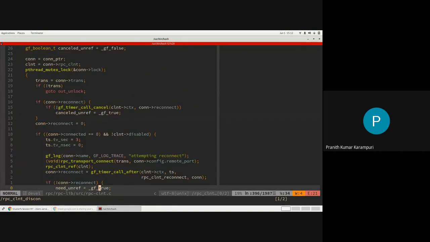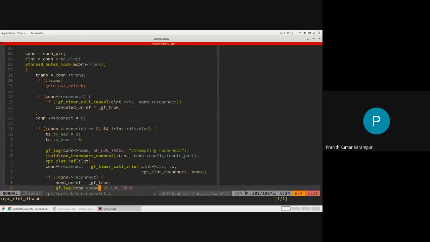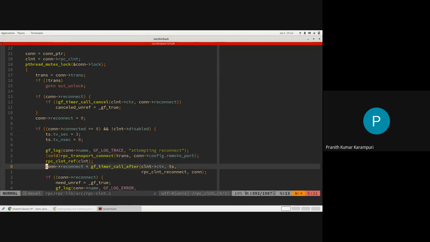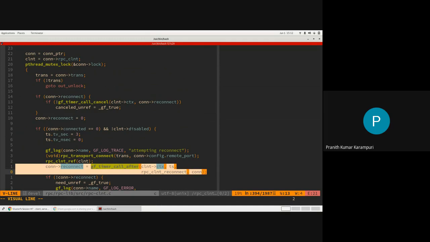Okay, there is supposed to be a connect call somewhere, and yeah, here. Okay, so it will try to call this one. Every 3 seconds, it will always call this rpc_transport_connect, which actually tries to make the socket connection. And it will also set up this reconnect timer, which will be called again after 3 seconds.